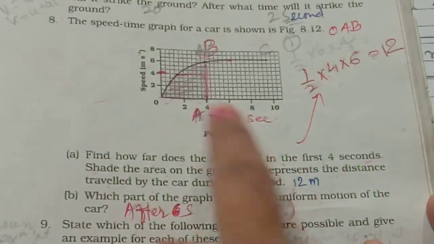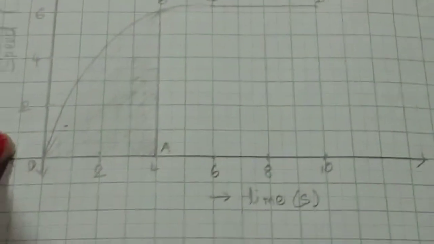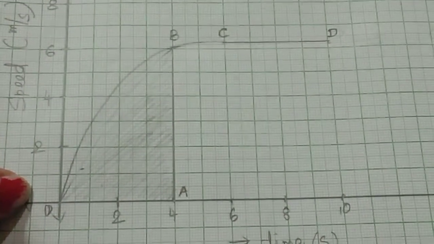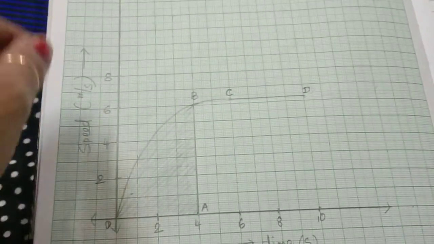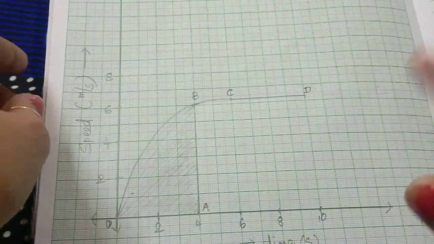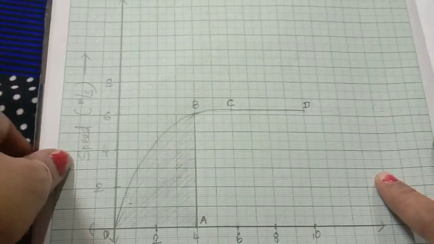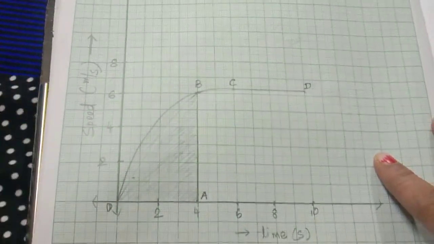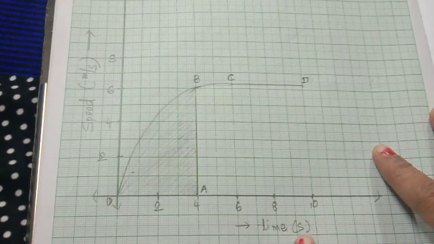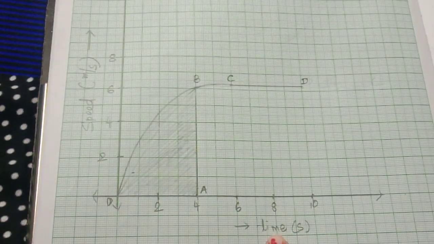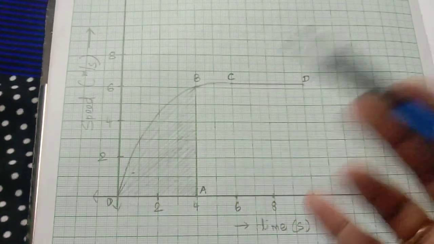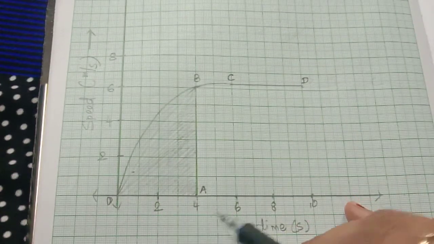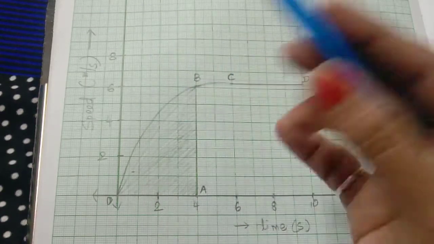Don't look at these things, I was just calculating. Now here I have drawn the graph. When you are writing in your notebook, you can draw on paper, cut the paper, and paste it in your notebook. So here speed, time. Distance I have taken as 2, 2, 2, 2, so it looks a little good. 2, 4, 6, 8, 10, and here also 2, 4, 6, 8, 10.